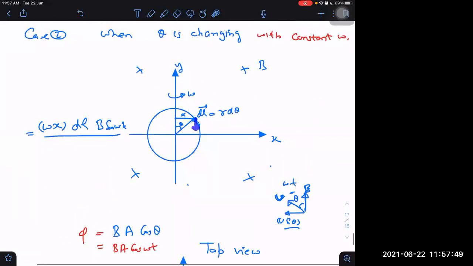What will be the component of dl in the downward direction? That will be just dy. So I think finally I should write dy also at last. Then I will be getting the scalar triple product. It is dy. Now we are getting the answer.